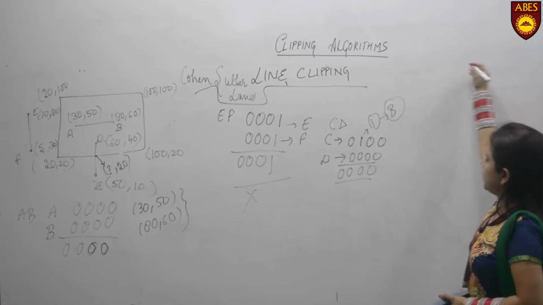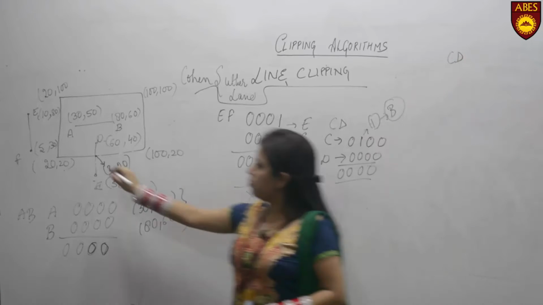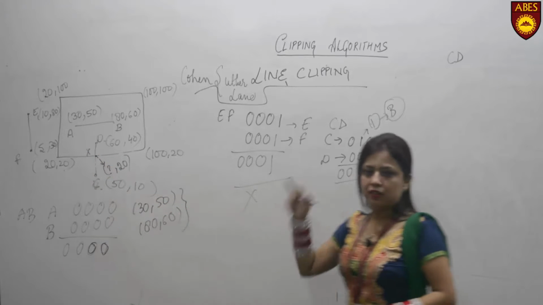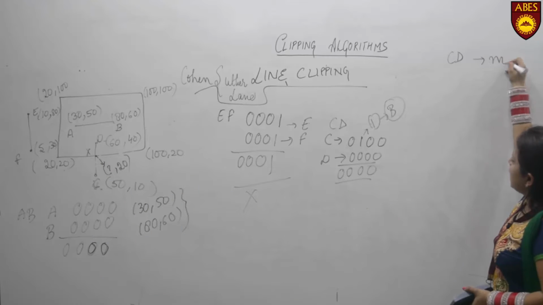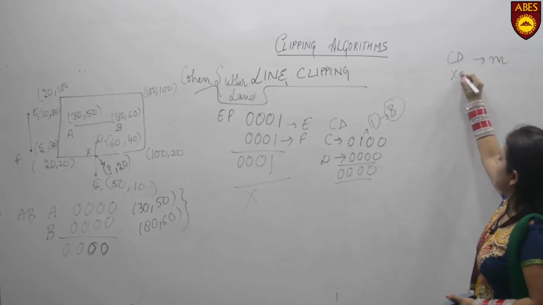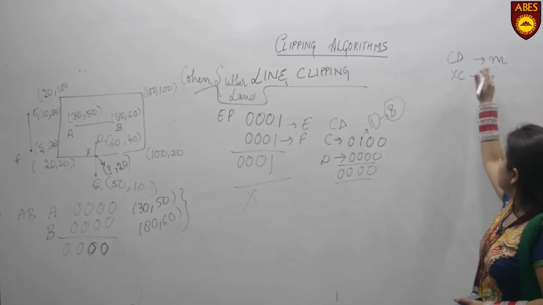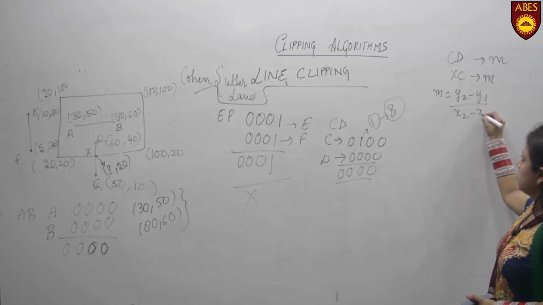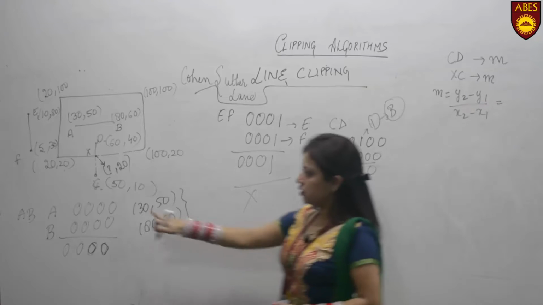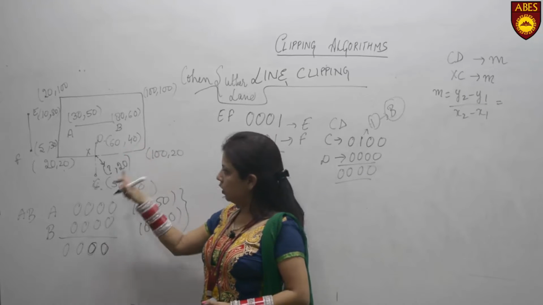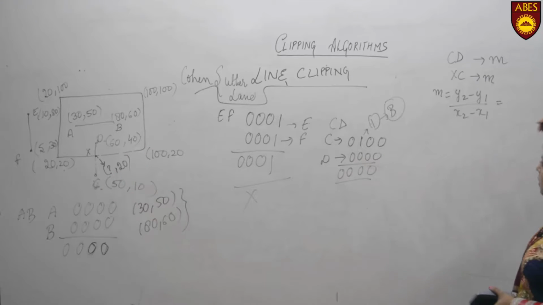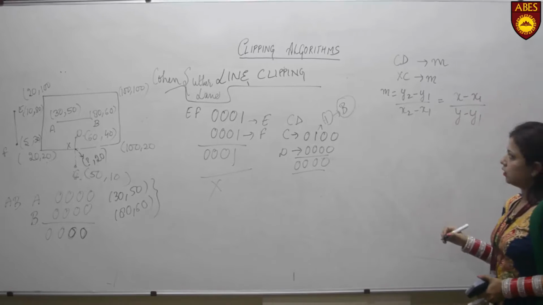So what we'll do is, if I talk about the line CD and a part of the line CD, that is your line XC. When you talk about CD, the slope of the line is M. Similarly, the line XC would also have the same slope M. So M is y2 minus y1 upon x2 minus x1. What is unknown is, suppose this is x1, y1 and this is your x2, y2. What you need to identify is the x, y position value. So the slope of the line XC would be equal to y minus y1 upon x minus x1.